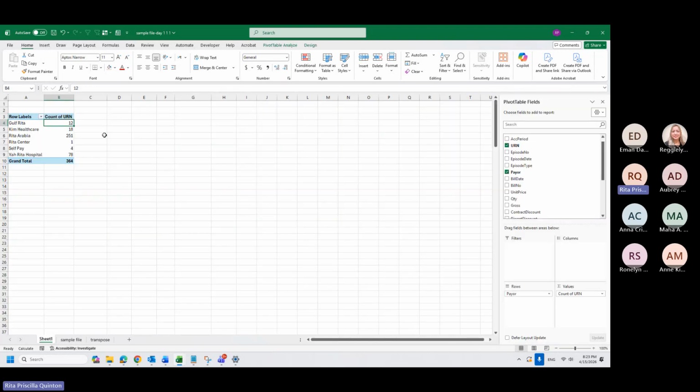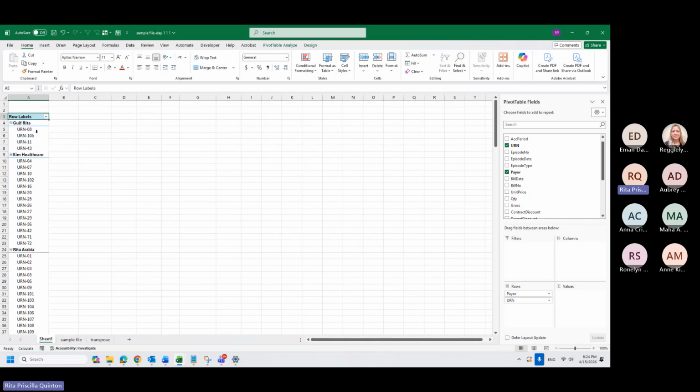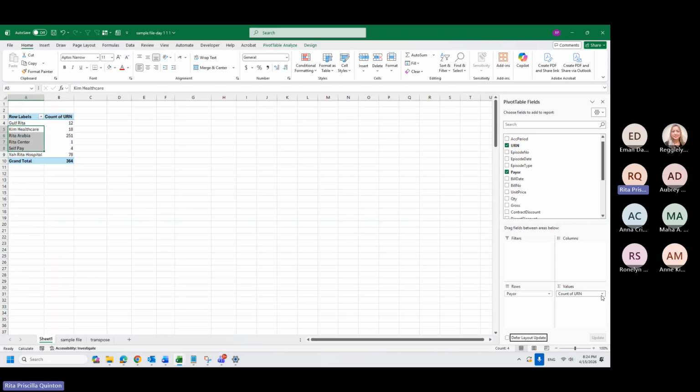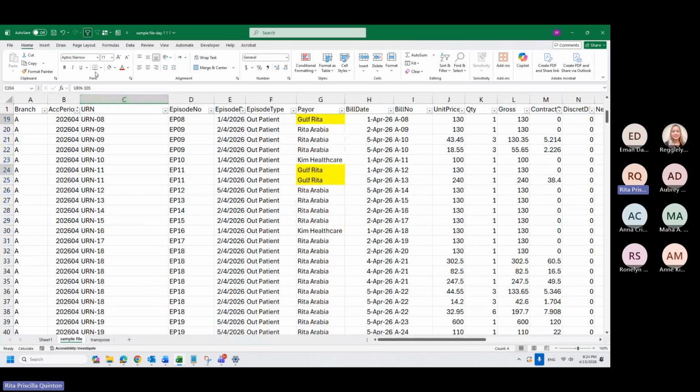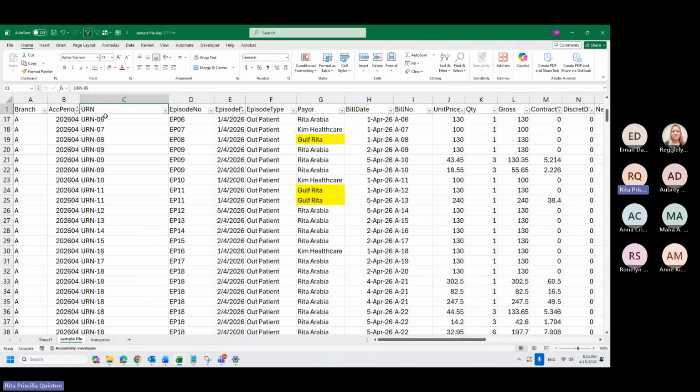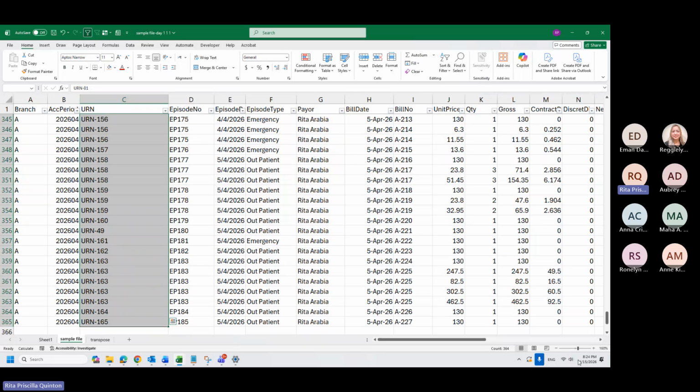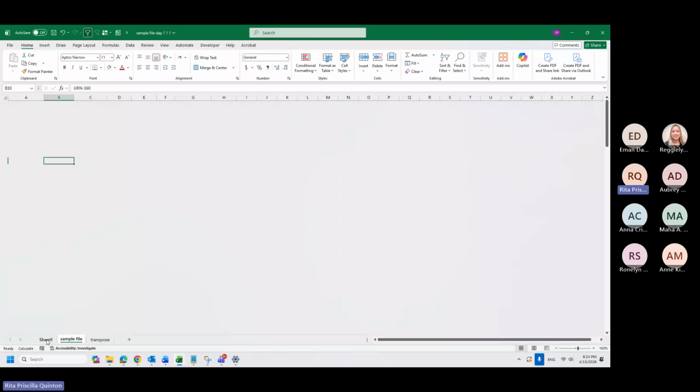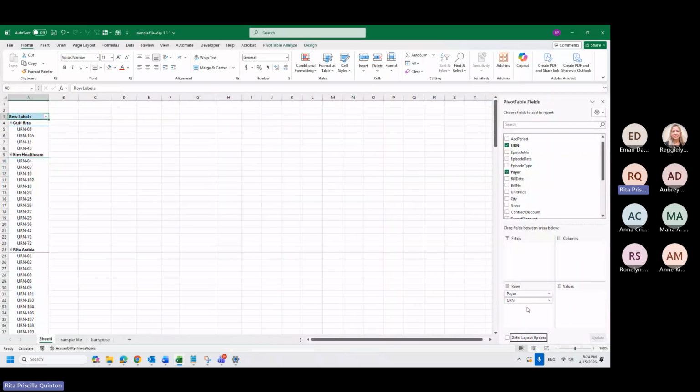So what you have to do to get that 4 patients, instead of putting on the values, put it here down. Then you will find the 4 patients. Okay, remember that the count over here will count for you the lines. You have 364 total. If I go back here, how many lines we have? We have 364 total count. So if you remove the duplicates, if you want to remove them, you have to put them here on the rows.